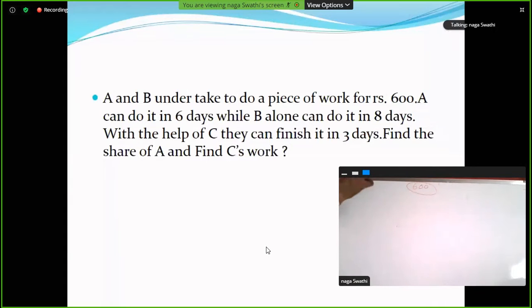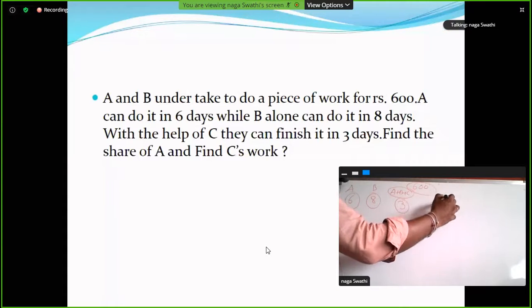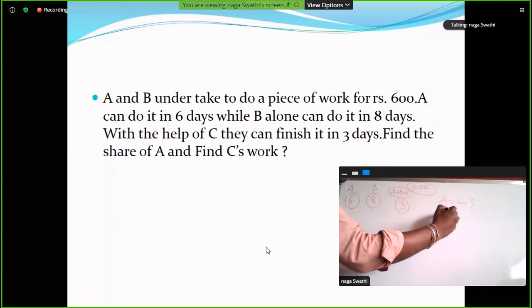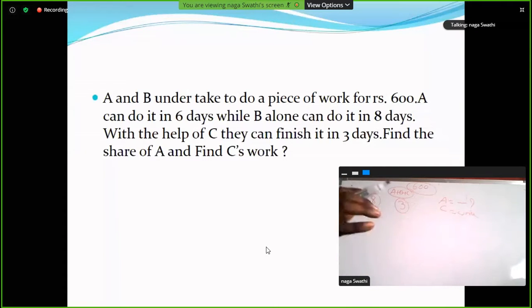So here, A can do it in 6 days, while B alone can do it in 8 days. With the help of C, A plus B plus C is 3 days. Clear? Find the share of A, and find C's work. Simple. So here we know the value of A, B, as well as